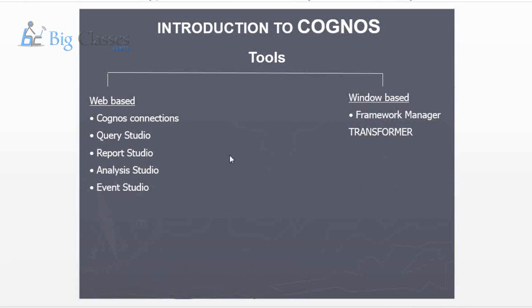You are accessing Gmail, so Gmail is a web-based application. And we are attending this class: I am taking class and you are listening to me by using GoToMeeting. This is web-based. Windows-based application means you need to install some software in your machine, and you need to work with the software which is installed in your machine.